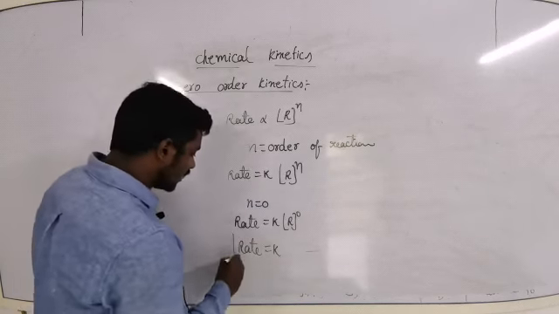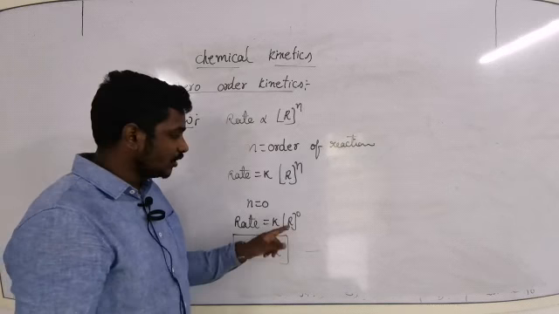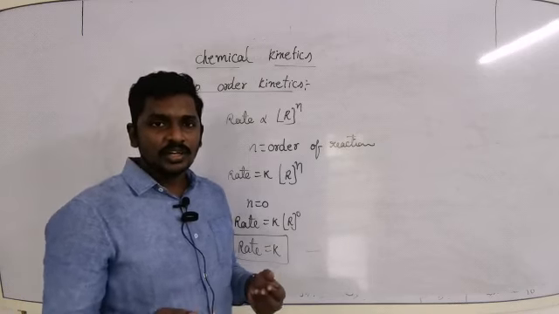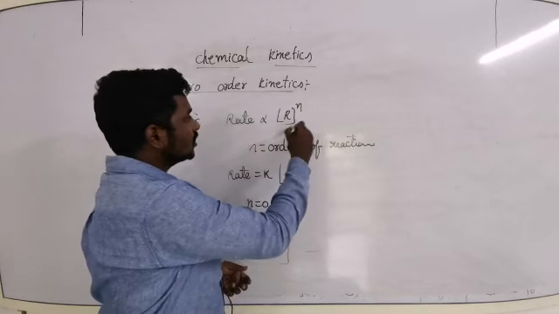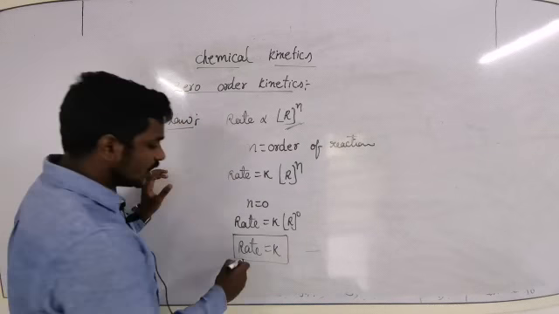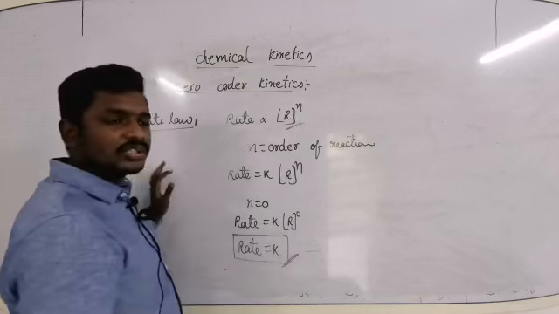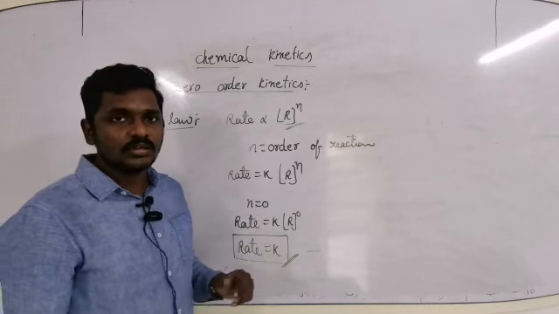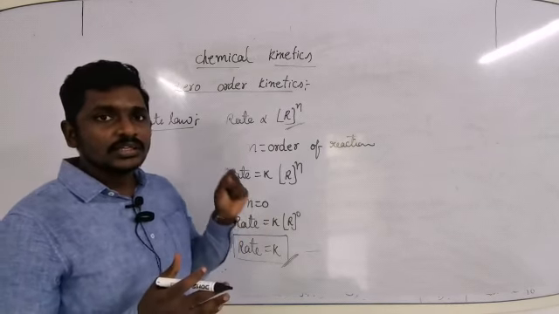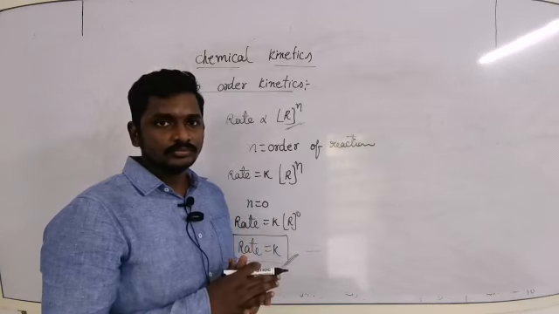So how can you say that the rate of a reaction is equal to the rate constant without the concentration of reactant? Just now we discussed that the speed of a reaction depends upon the concentration of reactant. But the final expression I got for zero order says that the rate, that is the speed of reaction, is determined by rate constant k but not concentration of reactant. How is this possible? This is possible for a few specific characteristic reactions which are influenced by a catalyst.